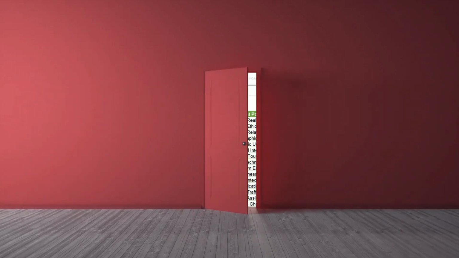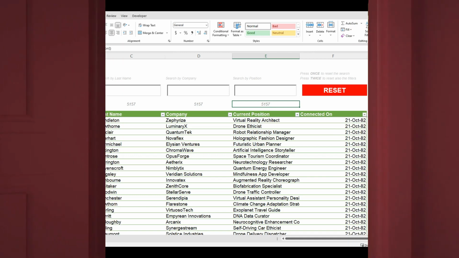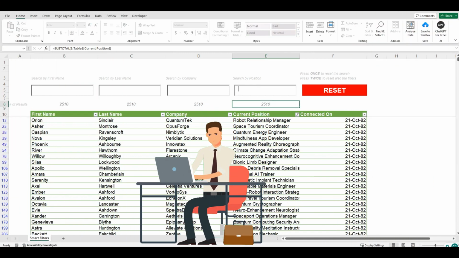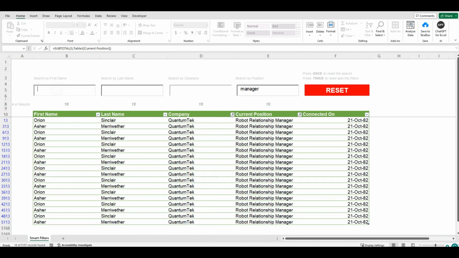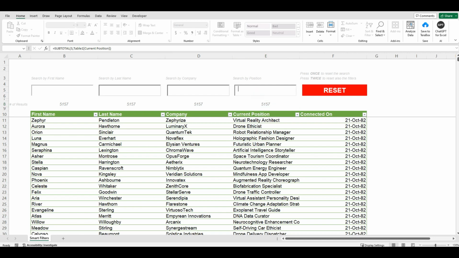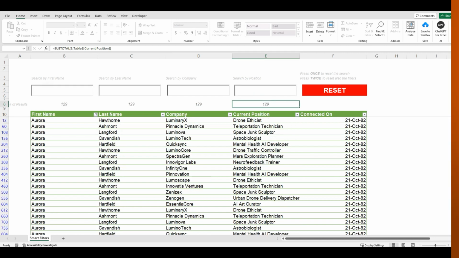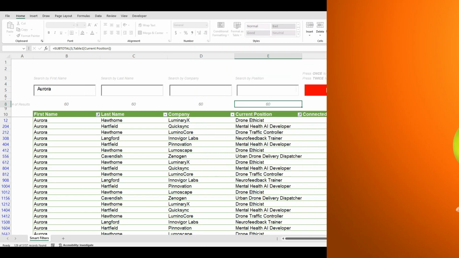Let's imagine that you have an Excel file with more than 5,000 lines and you want to quickly filter it using different criteria. But this would take a lot of time, right? Well, not necessarily. In this video, you are going to see how you can build from scratch an Excel like this one. You are going not only to see how it's made, but also you'll be able to download it.